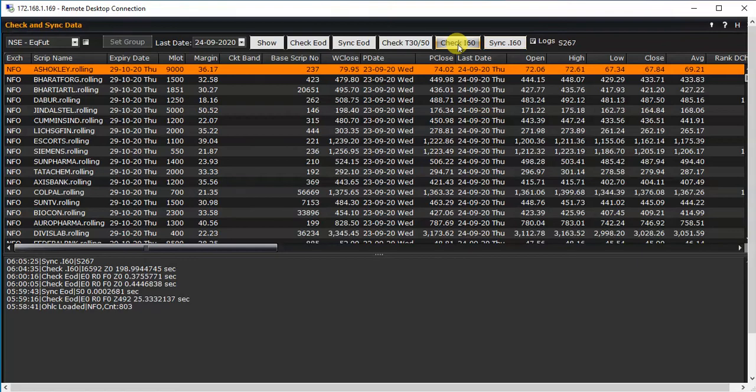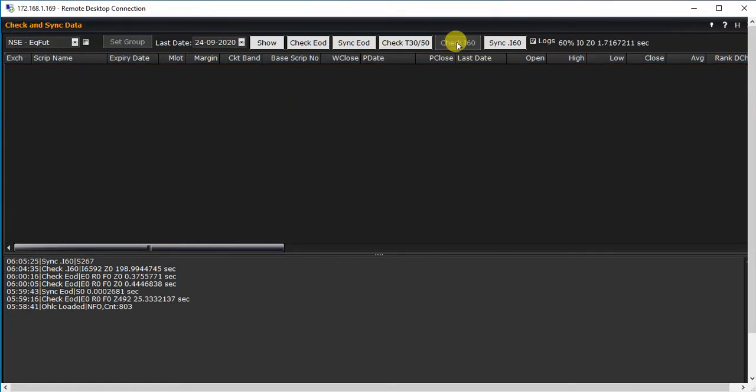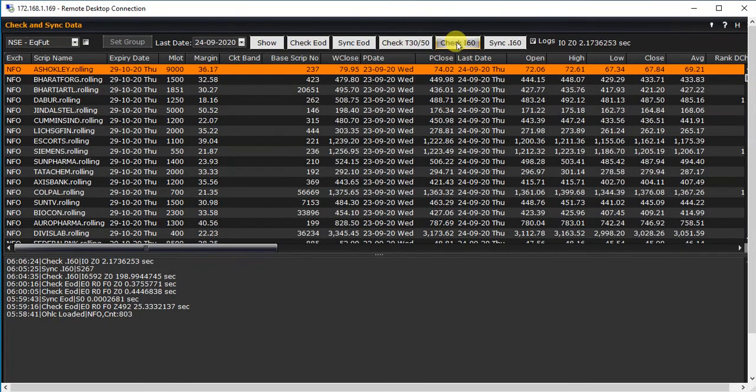Now we have to click on check I60 button at different time intervals, to check whether the intraday data is synced or not. Like I'm just clicking check I60, it is checking. So as you can see, because net is fast, the data is synced now.